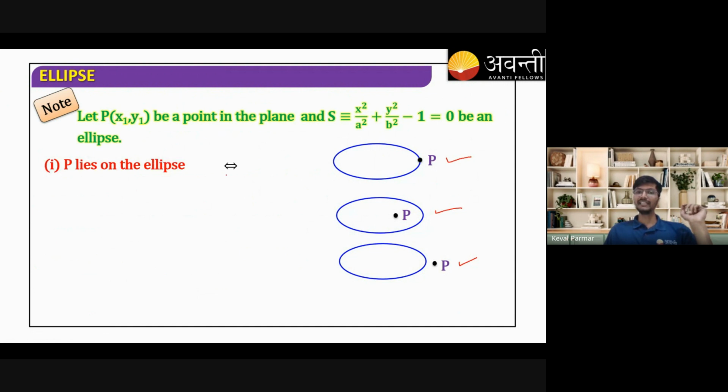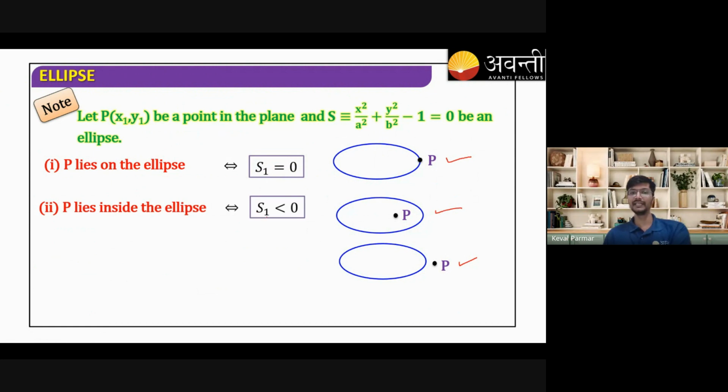So mathematically, what will give whether the point is inside the parabola or outside the parabola? If P lies on the ellipse, then S1 will be equal to 0. If P lies inside the ellipse, then S1 will be less than 0. Inside means less than. And if P lies outside the ellipse, then S1 will be greater than 0. These are the three cases. Very simple. Not many questions are asked on this. The main thing is the next part,